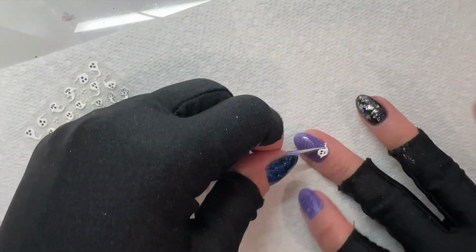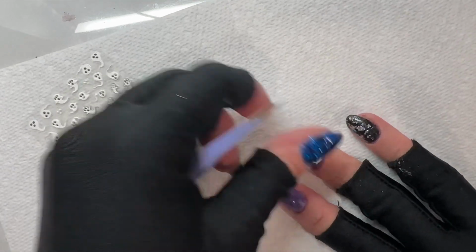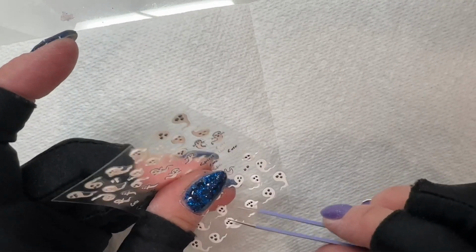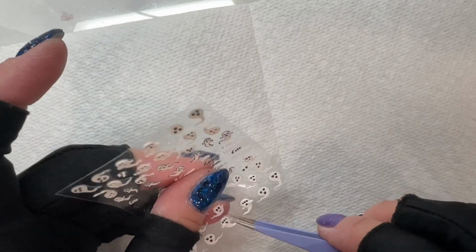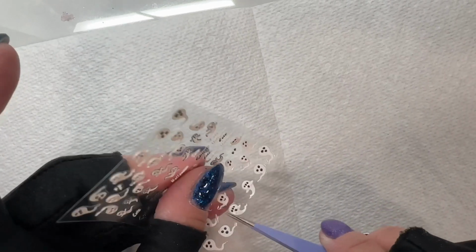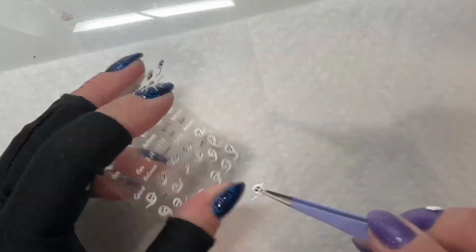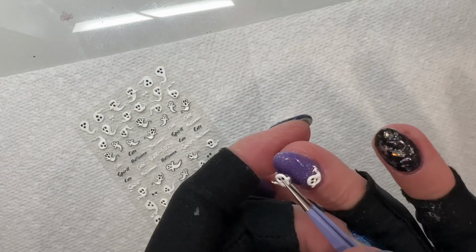And then I got these super cute 3D ghosts, but I have an issue with ghosts when I'm wearing them. They have to have arms, because I feel like when the ghosts don't have arms, they just look like something else. They look like little swimmers, and I refuse to have basically sperm ghosts on my nails. Okay, I want them to look like